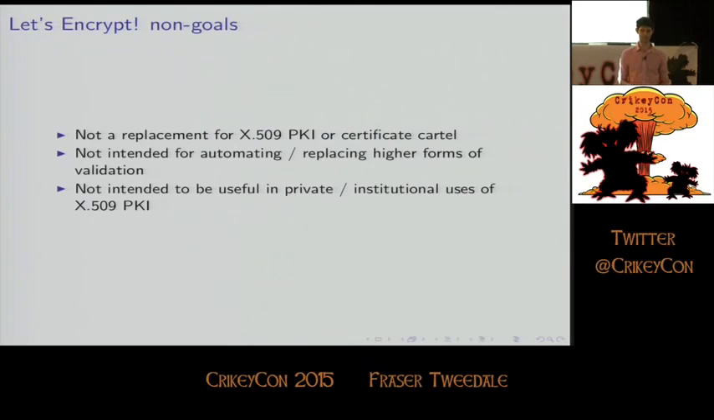This is not a replacement for the X.509 PKI or the certificate cartel. You can still give money to a certificate authority if you want to have a higher level of validation, if you want to pay for an EV cert. And the experience for a user on the computer is no different at all. A DV, domain validation certificate, will be accepted by a browser. So, what's the big deal? Well, they just want to shake down large companies twice. Well, okay, everyone wants more money, so fine, but